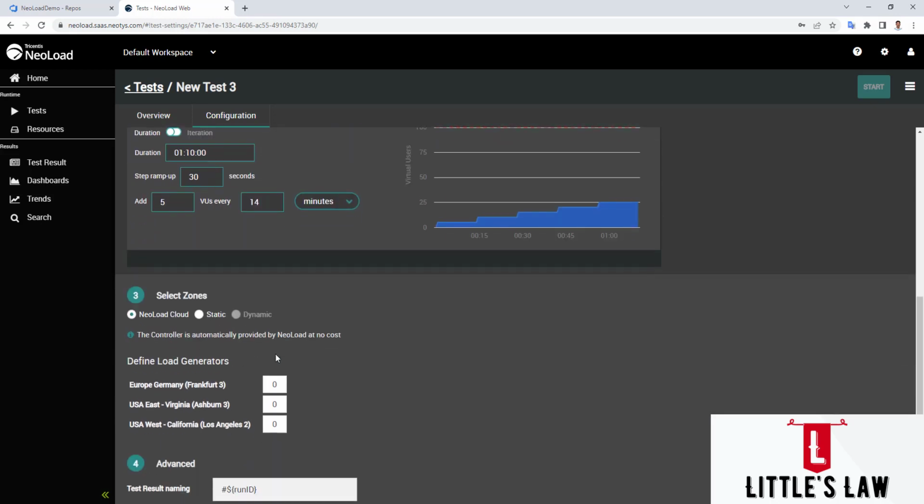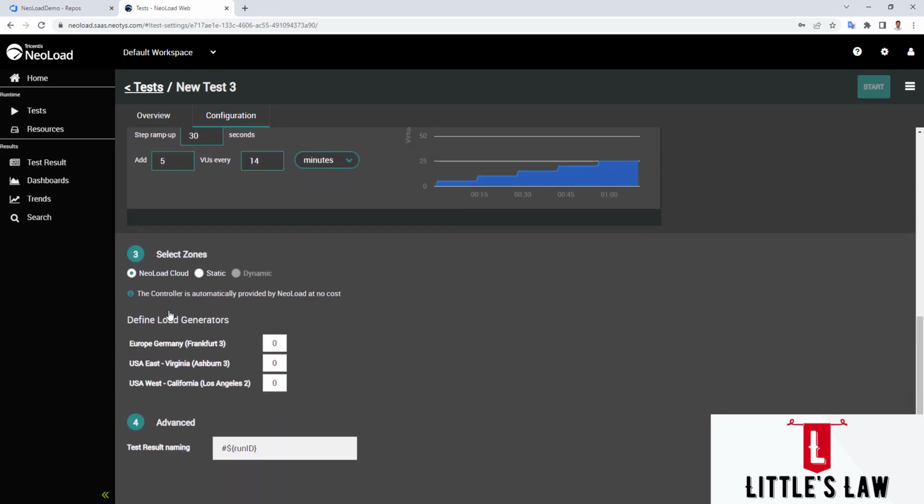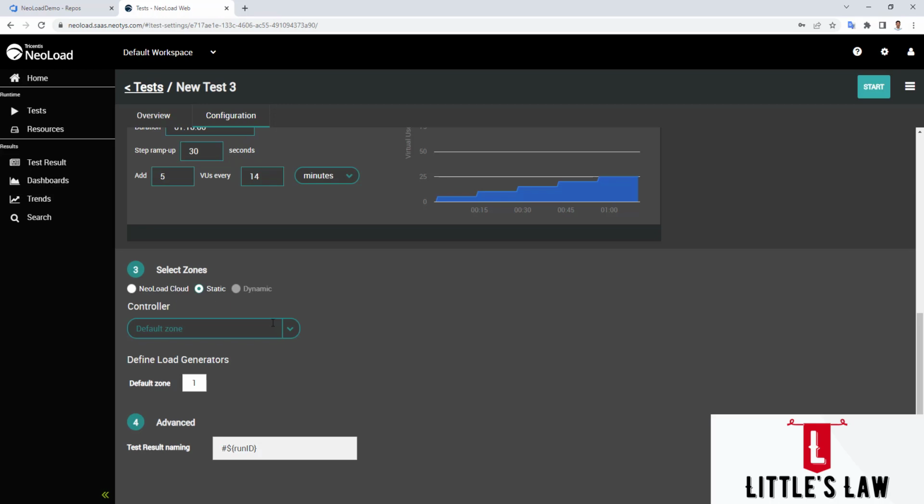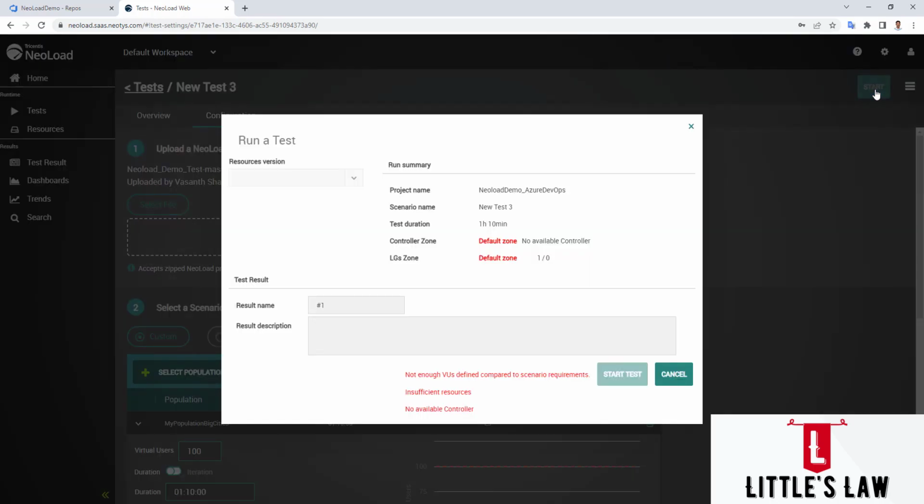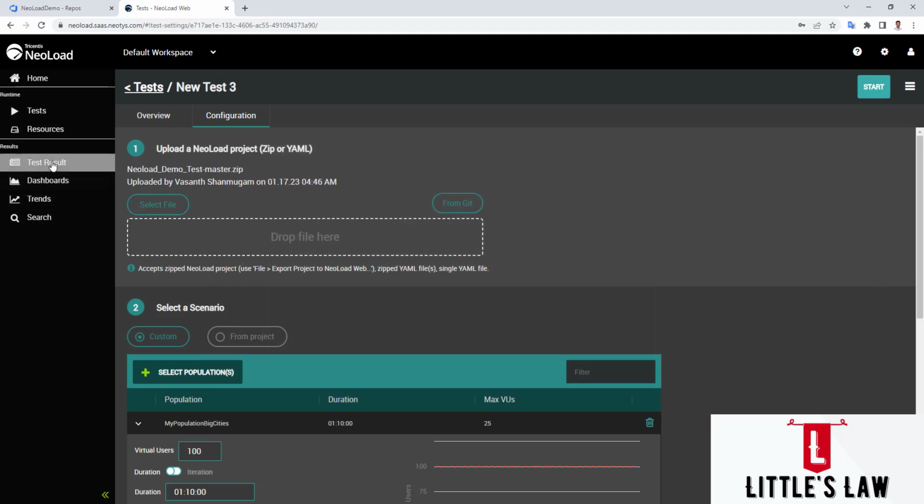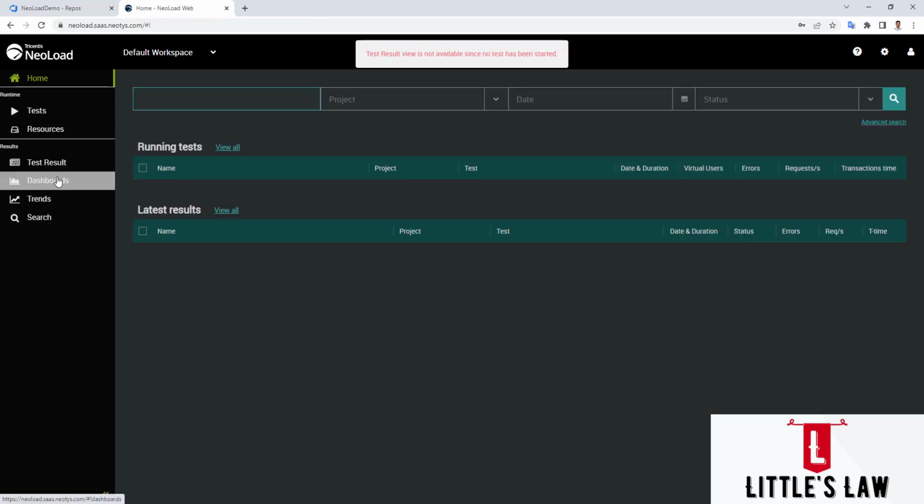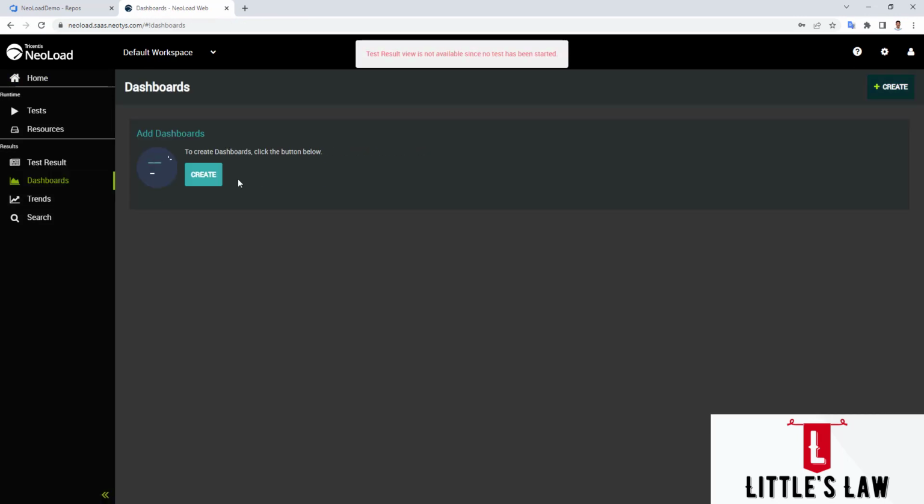And then here we have the options to choose the zone. So in case we have the proper license, we can run the test through the Neoload cloud, or else we can choose the static, and we can choose the default controller zones. And once everything is ready, we can click on start, and everything will run fine. We can click on start test, and the test will start running, and we can collect the results in the test results section, or even we can set them up in the dashboards. So we can create a dashboard here,